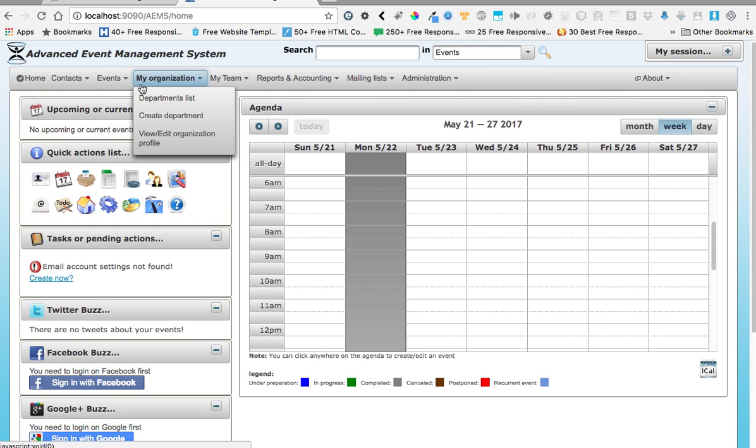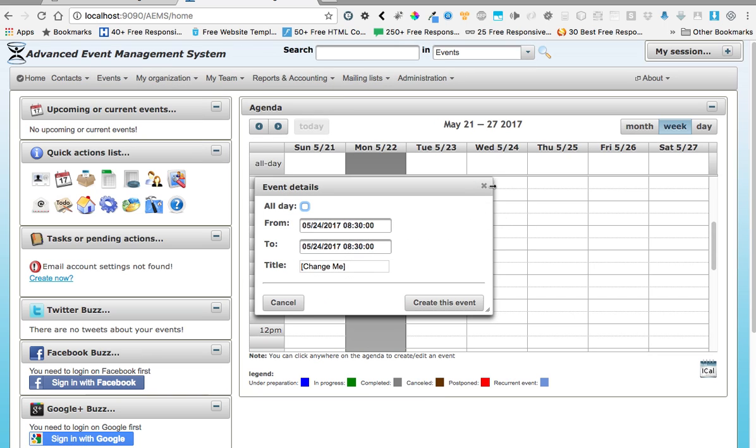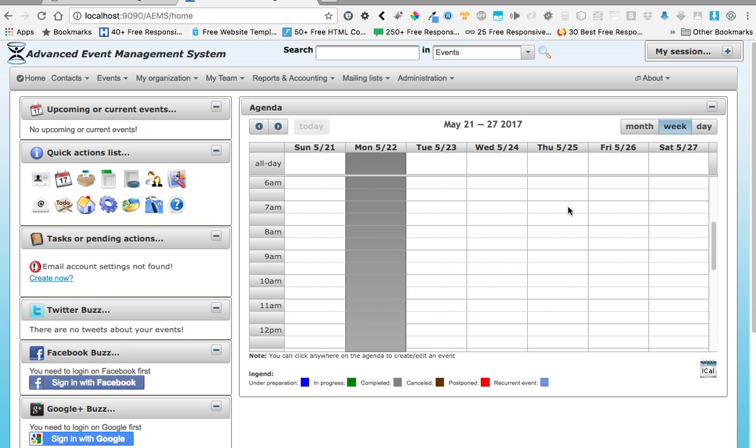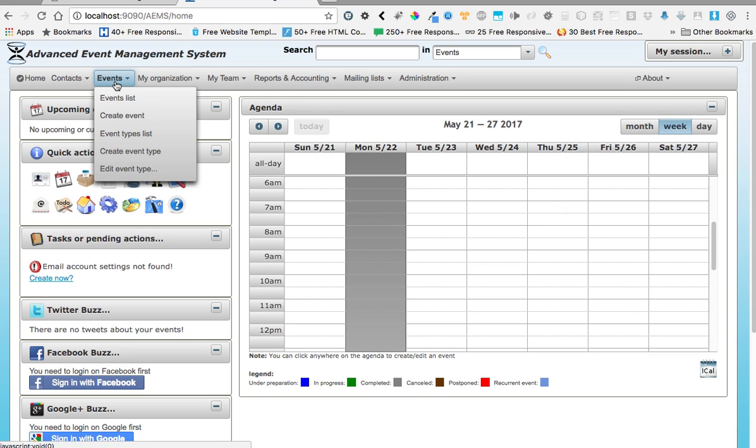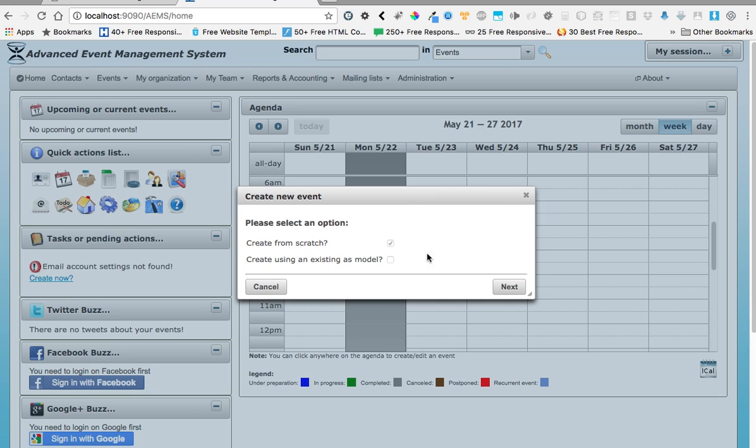and then I'm going to create my first event. I could create it right here. Just click anywhere on the agenda on a date that you want, or you can go to the menu and choose create an event. I could either create one from an existing model, but it's the first one, so there are no models at this point. So I'm just going to create one